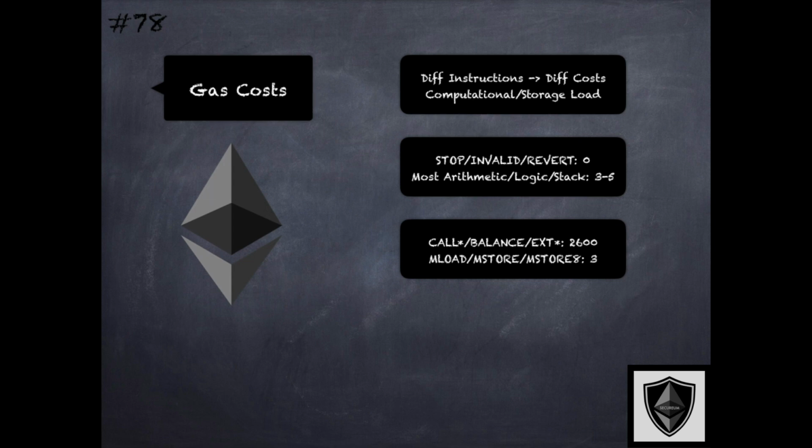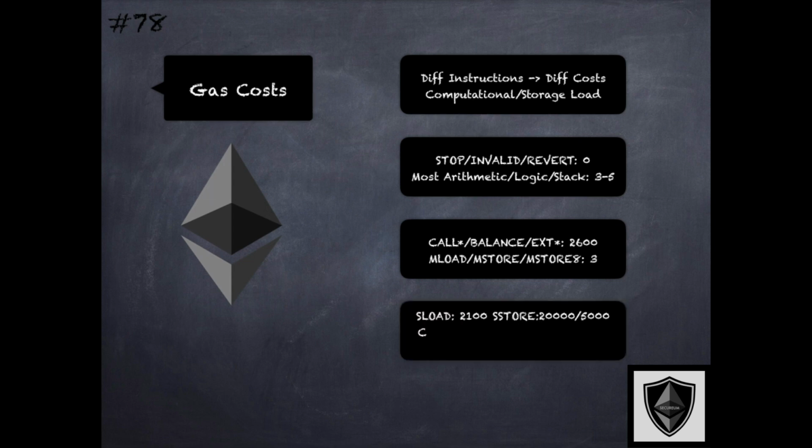And again, contrast this with the memory instructions like memory load and store, which are really within the context of the EVM, very simple instructions that operate on the EVM's internal data structures. These memory instructions cost only 3 gas units. However, the storage instructions like sload and sstore, because they deal with persistent state and because they have to access